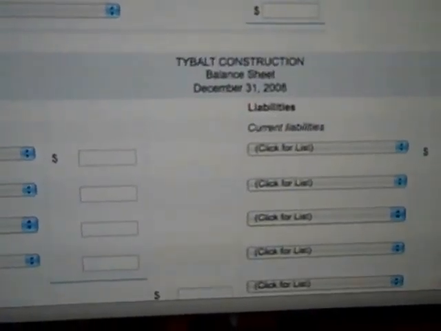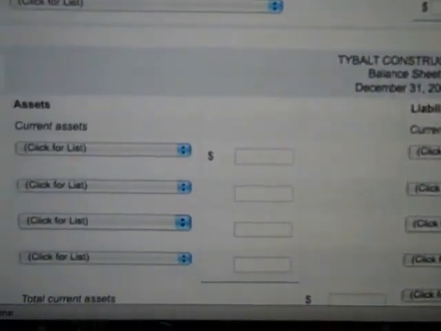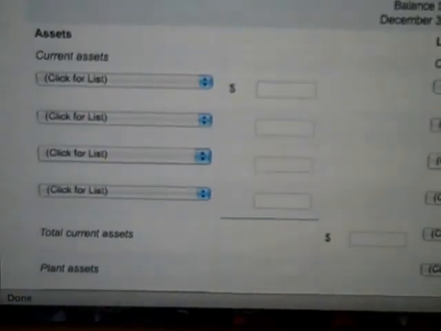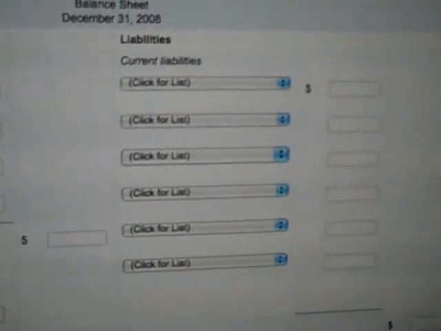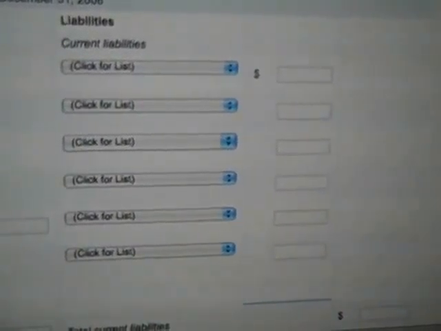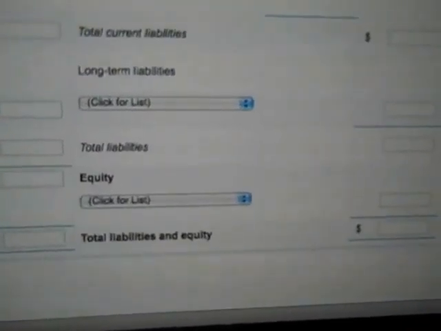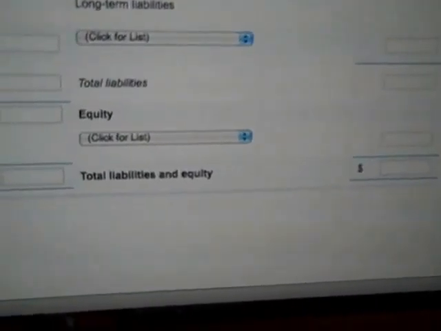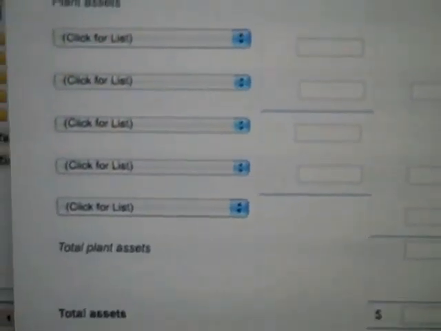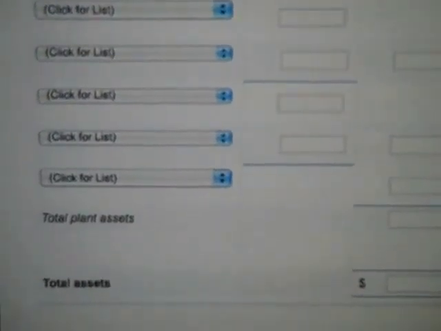And then we go to doing a balance sheet. And that's where you show your assets, beginning with your current assets, and then showing your total assets. And remember, those are going to also help you when you determine the amount of your total assets. And then we have over here your liabilities, and below that we have your equity account that you're going to determine in your statement of owner's equity that you just calculated. And then over here you also show your plant assets. And so that's going to help you show your total assets are going to equal the same amount as your total